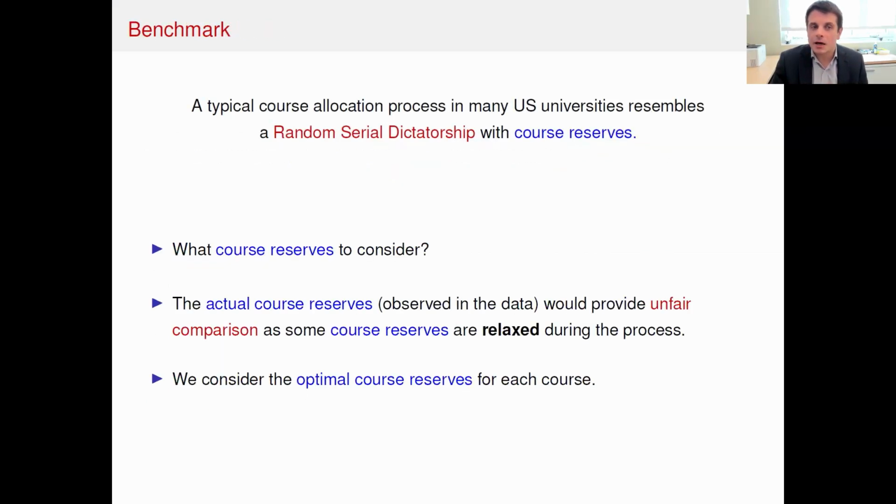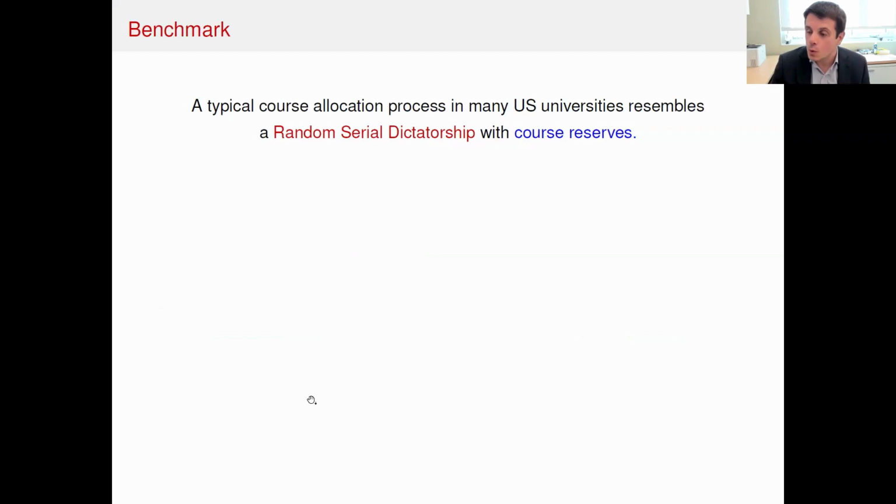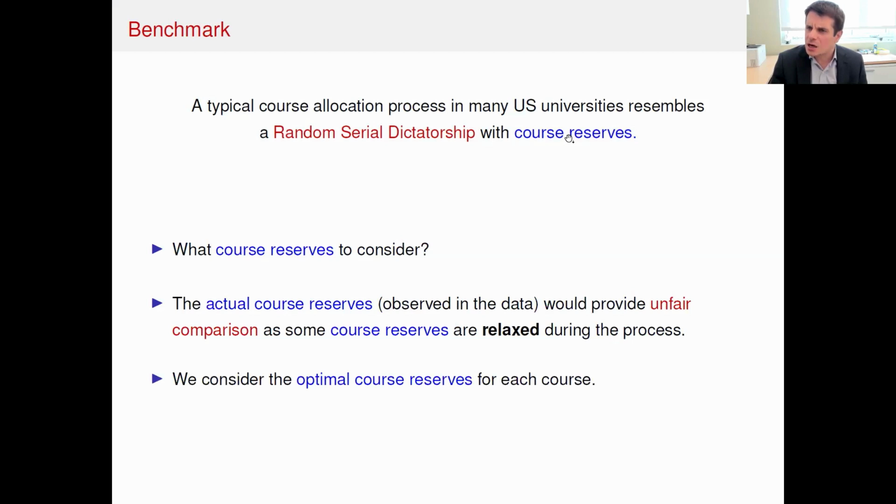So one thing I should mention is that the typical course allocation process in many US universities, as I mentioned, resembles serial dictatorship with actual course reserves. But what kind of course reserves to consider? We first took course reserves that we observe as real, but the problem is that nobody restricts how these course